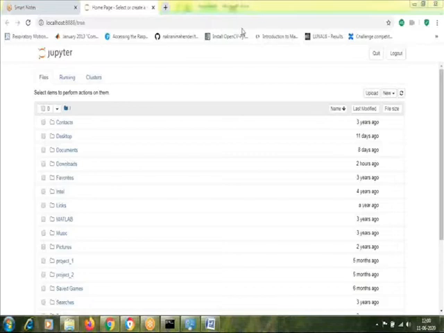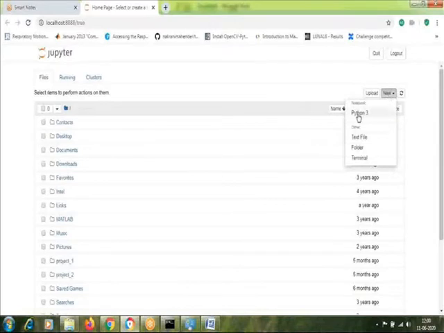I think you can all see this New on the right side of this Jupyter window. Click on that, and then click on Python listed here. Because Python 3 is installed now on your PC, it will just show Python 3. If you have multiple languages installed, it can support multiple languages also, like R language. So Jupyter Notebook can also be used for R language. Just click on this Python 3, and a new window will open for our programming purpose.